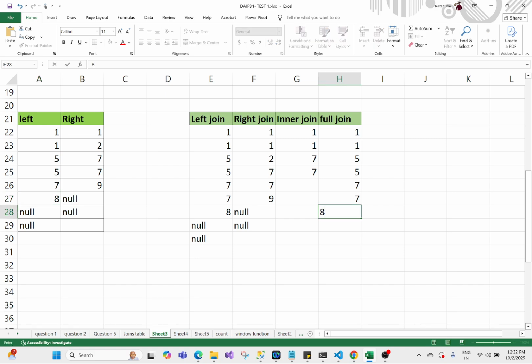But we have to keep eight as well because all the records of the left table and the right table and the matching records of both the tables come. Eight. Now, what about two? Two will come. Two and 9 as well. And what about null? Null will come four times, two for left and two for right. Null and null, null, null. So basically, this is the output